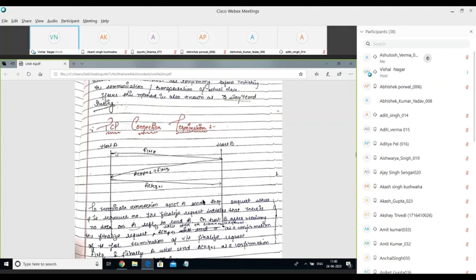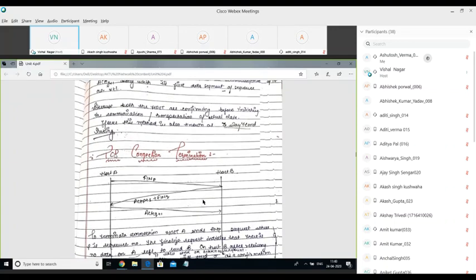Now, as soon as ACK P plus one has been received by host A, that means the connection from host A is terminated. A is free to terminate the connection, and before terminating it, it will send an acknowledgement corresponding to the finalization request Q made by host B, as ACK Q plus one. So in the same way as the connection was established, it will be terminated from both sides.